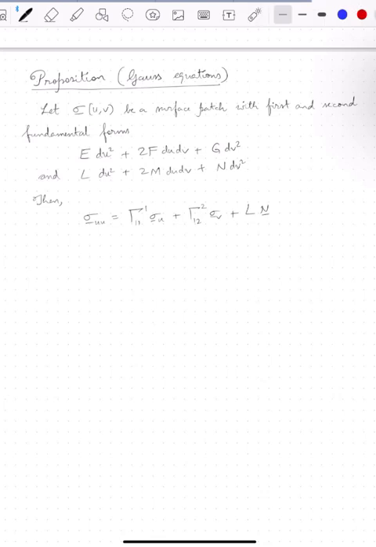And then we have sigma_uv is equal to gamma^1_12 sigma_u plus gamma^2_12 sigma_v plus M times the n vector,